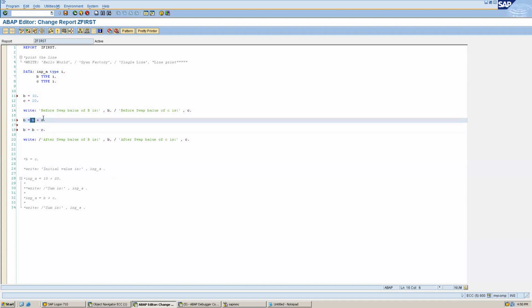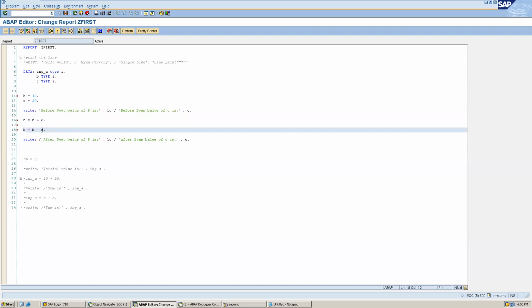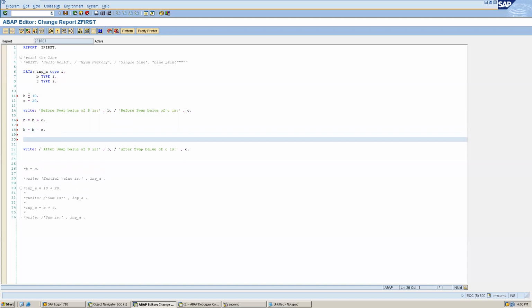So now if you see here, we have done B plus C, which is 30, so B is having 30. Now B minus C is 20, right? We can write C equals B plus C or anything, but it should work ultimately.